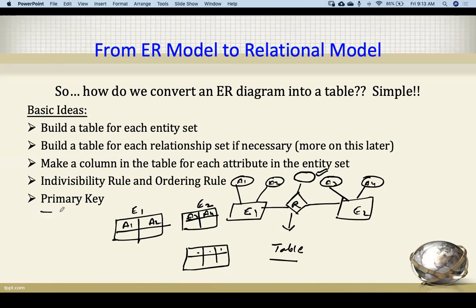Okay. And the next thing that we have to do is identify the primary key. What should be the primary key? So the primary key should be defined. How can you define a primary key in an entity relationship model? There should be an underline, right? This is an attribute. Let's say this is roll number. So this is underlined, right? This is showing that this particular attribute is a primary key.